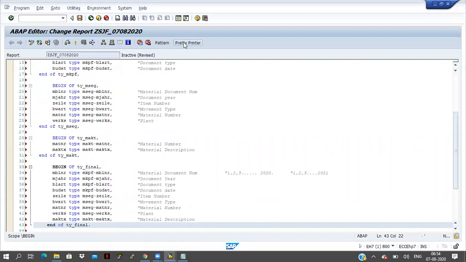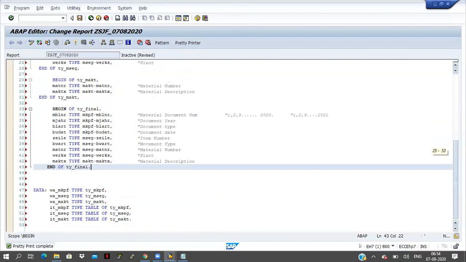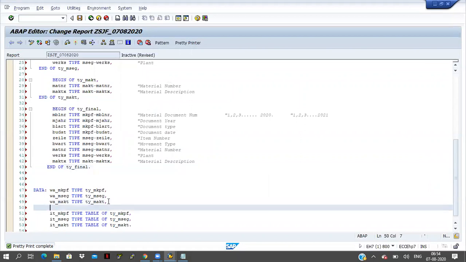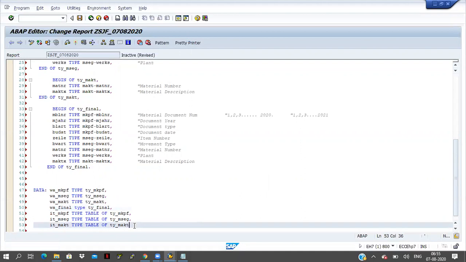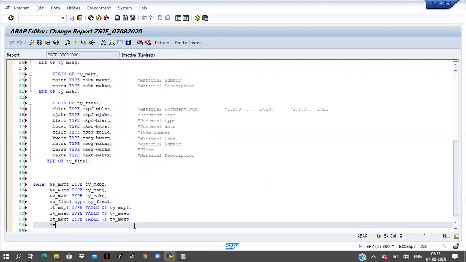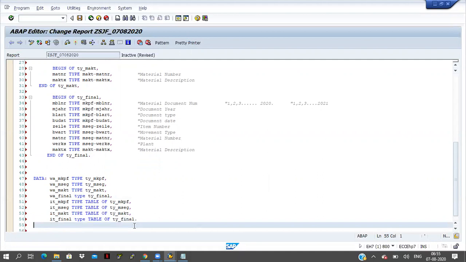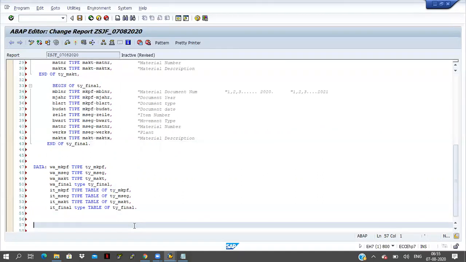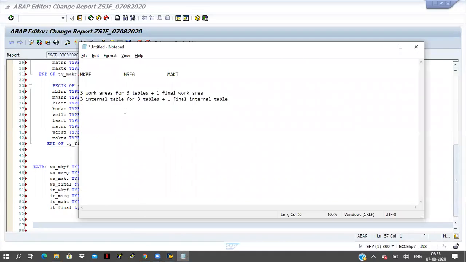Click on pretty printer. Right, and now the final work area: work area final type TY_FINAL. Internal table also, final internal table: IT_FINAL type table of TY_FINAL. Now I have declared all the things, work areas and internal tables. This is done now.